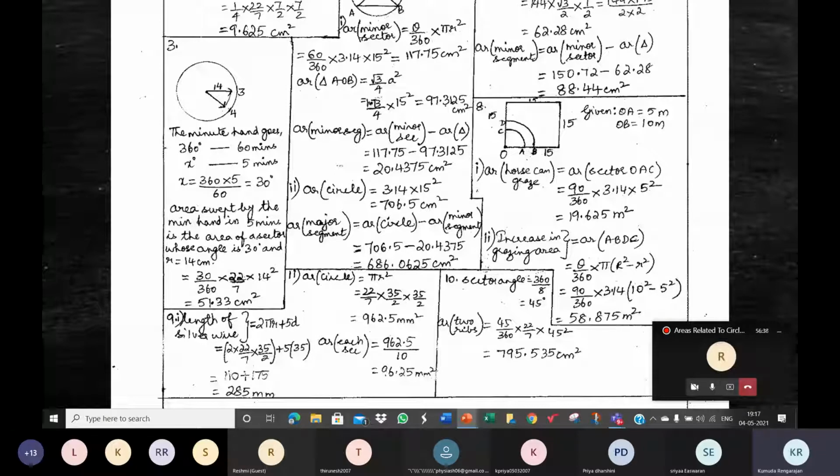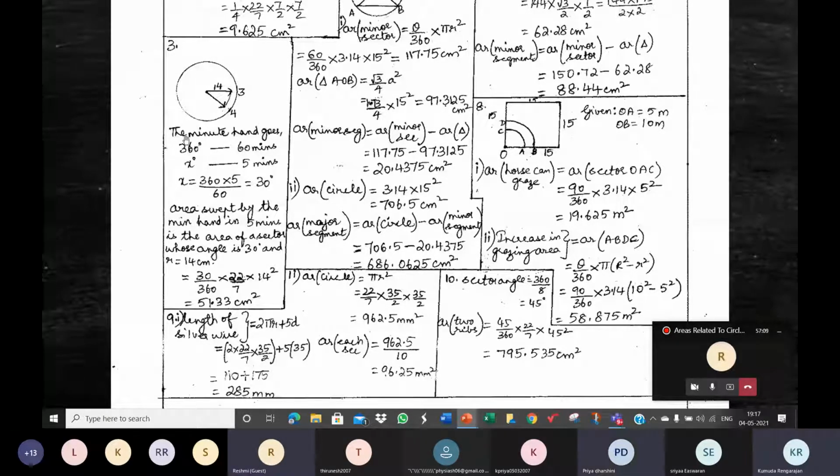It will come back to 12 at 10 o'clock also, at 11, at 12. No, but immediately after 8 o'clock, when will it come back to 12? At 9. And what is the time lapse from 8 o'clock to 9 o'clock? 60 minutes. That means the minute hand goes 360 degrees in 60 minutes. That's what you see here on the screen, children. Do we understand this?